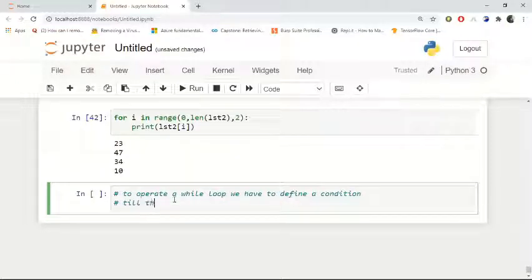Till the condition is true, the while loop will run. Now keep this in mind, in the for loop, using the range function, the I is